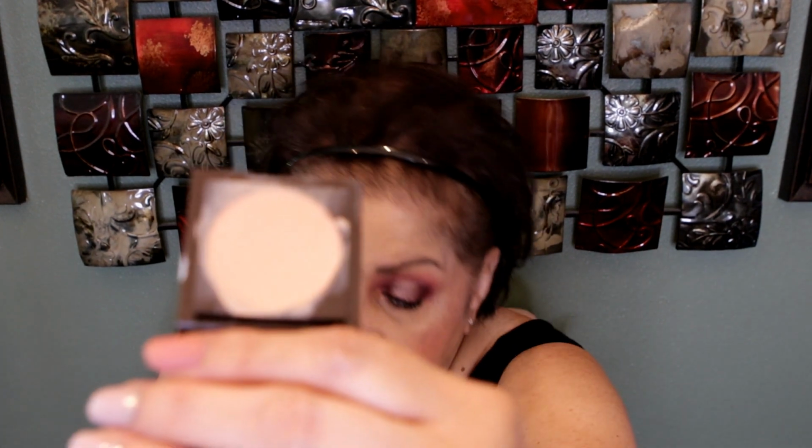This is something else that I had in my collection for a while that I kind of forgot about. This is the Tarte CC Undercover Corrector. And this is really nice. It's a corrector for your dark circles, with a light peach tone to it. It works really, really well. It's emollient, so you don't put on a lot. You just put on a little bit and pat it in, but it does a great job of concealing